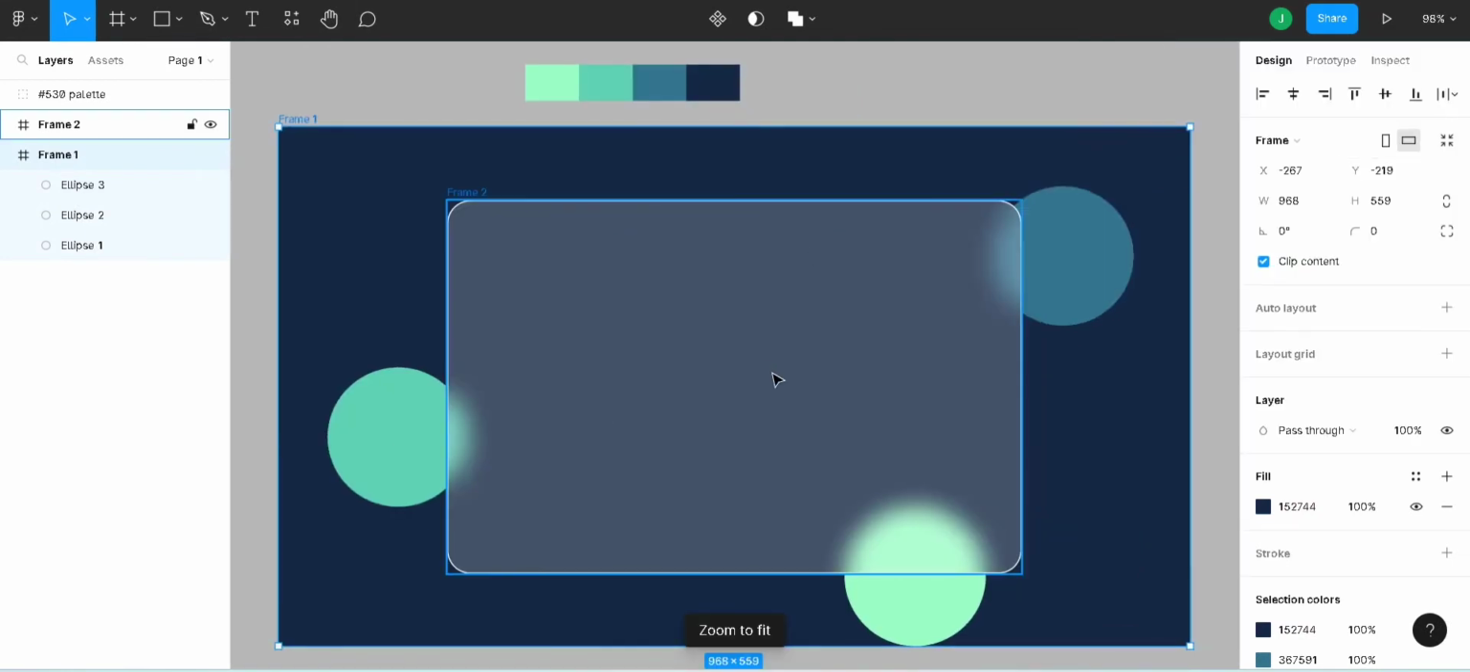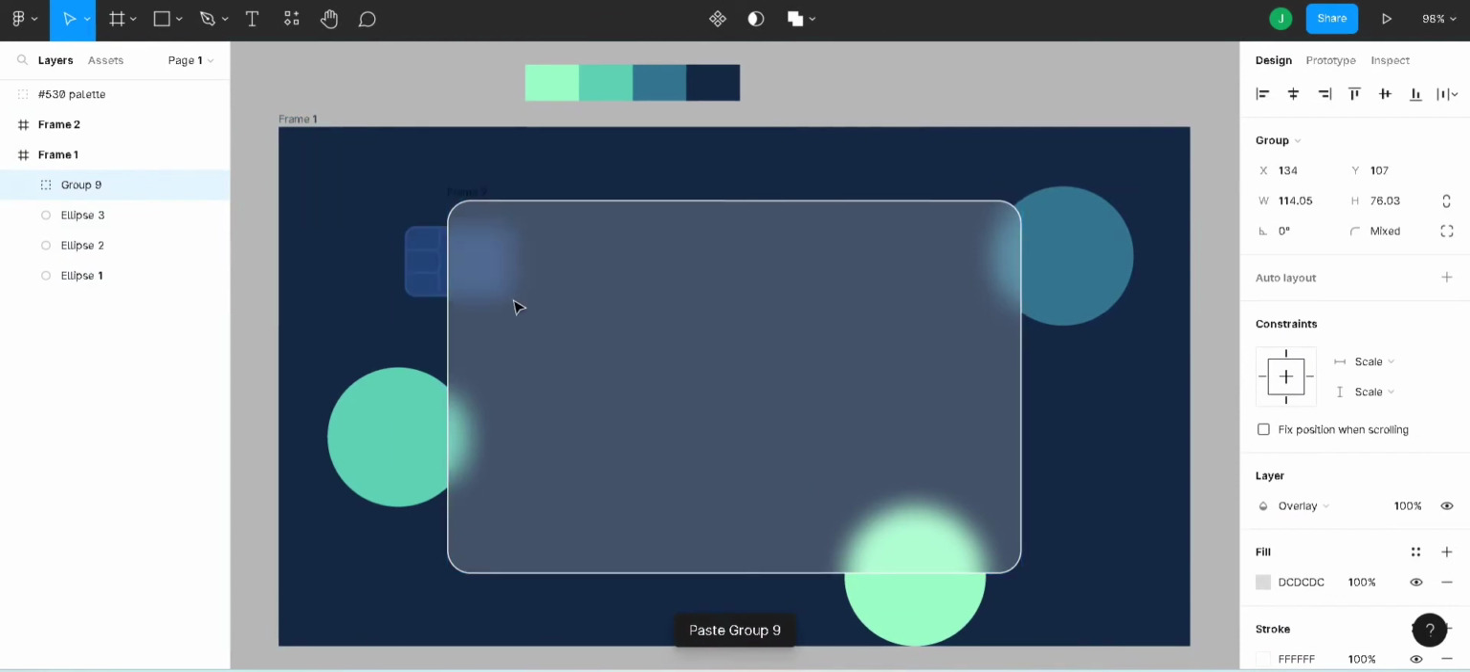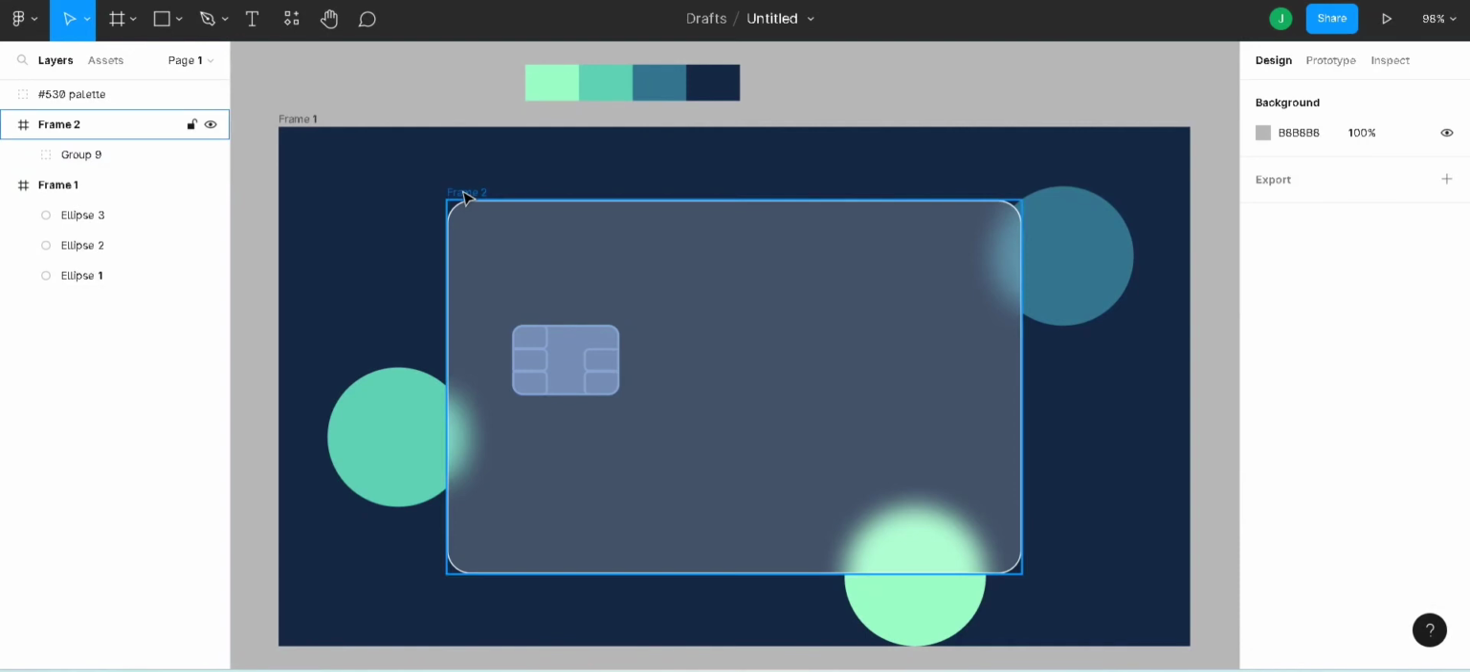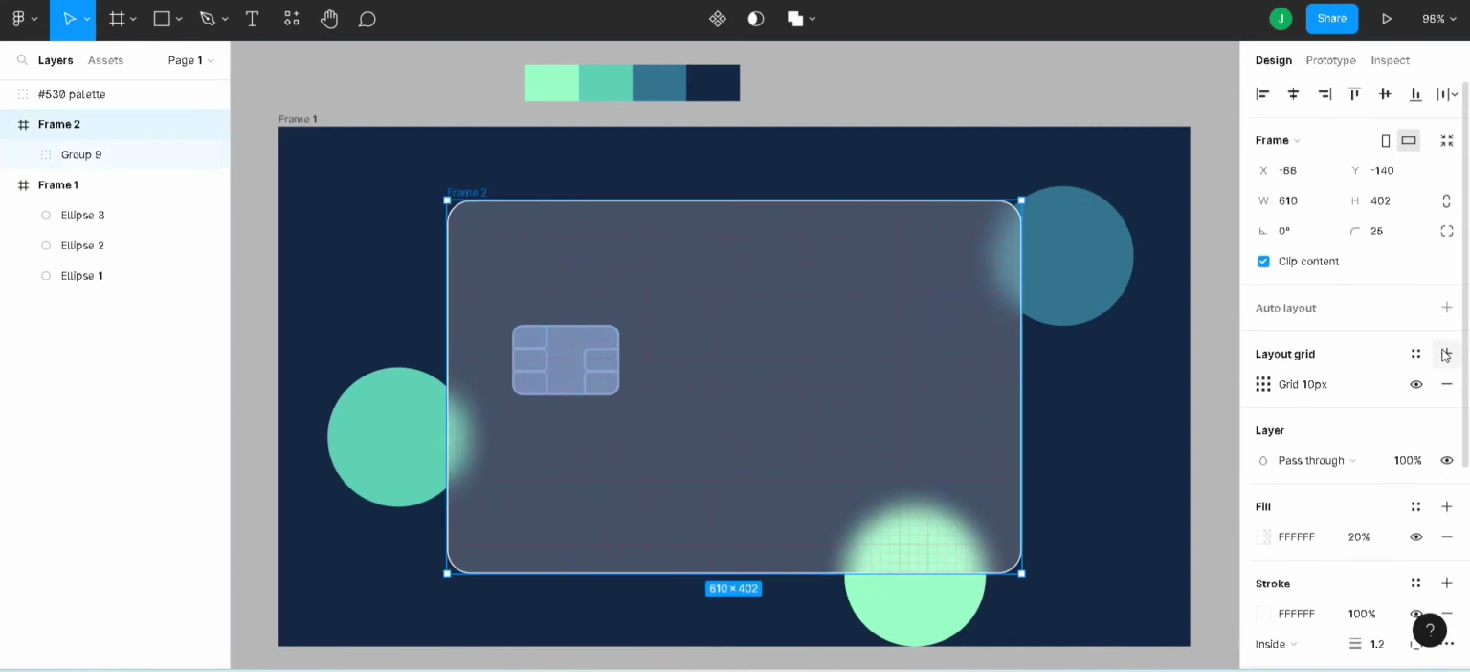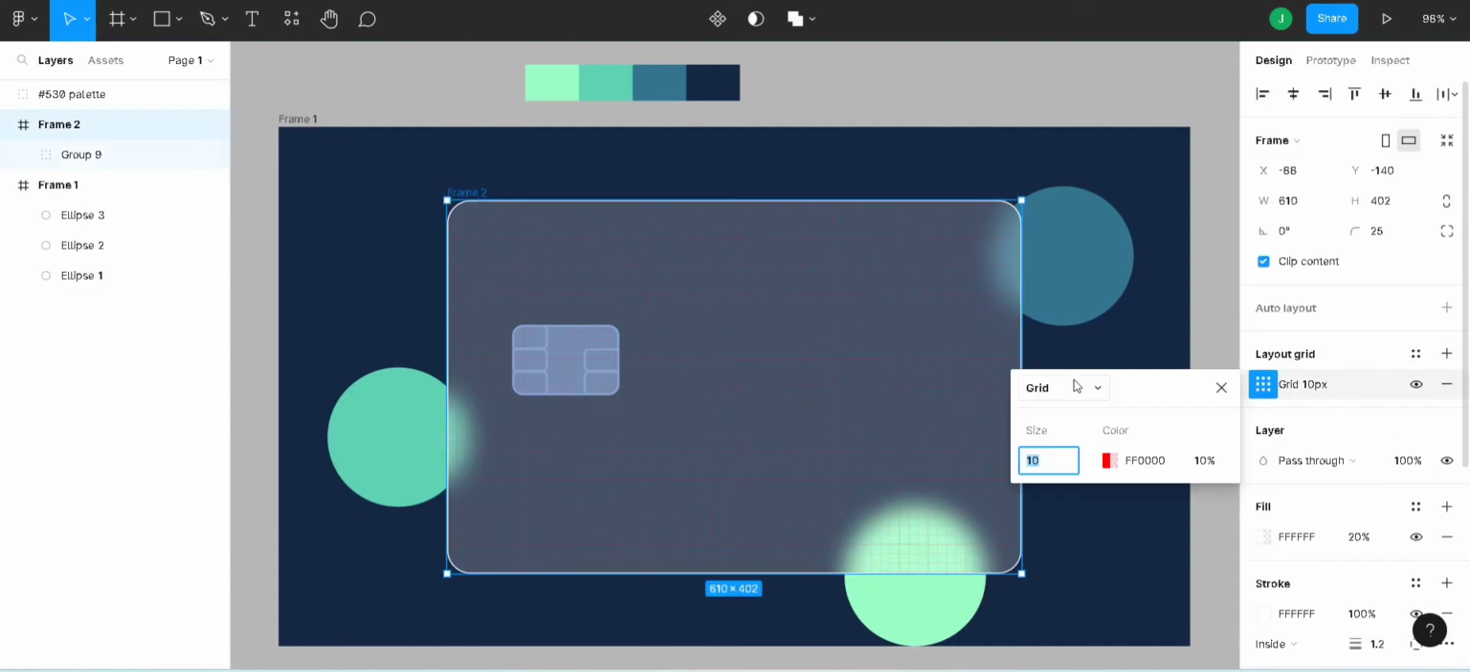Now let's fill it out with some information. I already copied the logo of this chip. Before that, let's introduce a layout grid in this frame. You can enable the layout grid by pressing the plus icon in the layout grid option. After that,